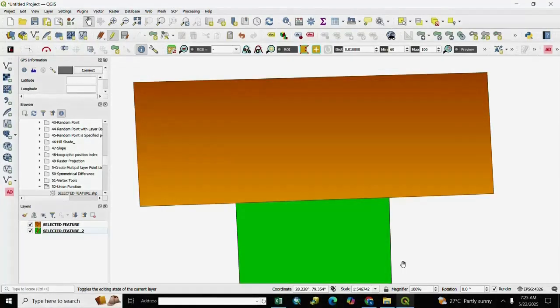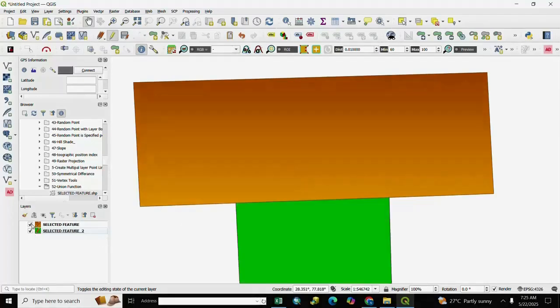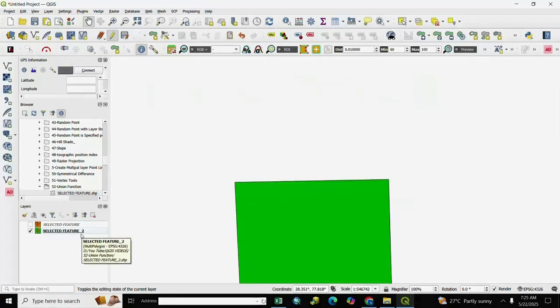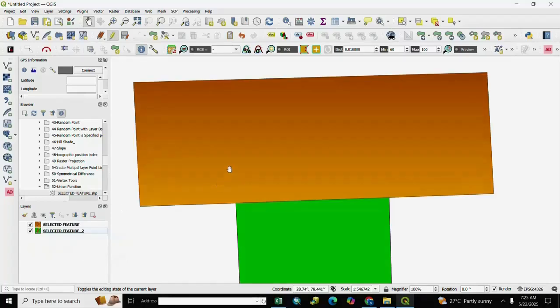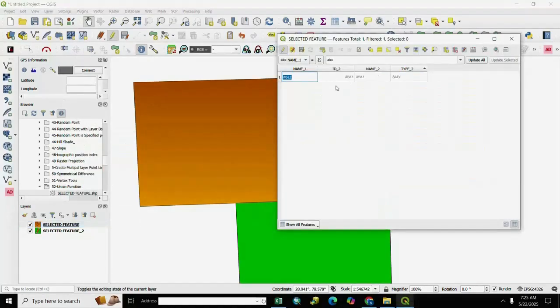So let's start. Here is selected feature 1 and selected feature 2, and we create a union of selected features 1 and 2 both. To create the union, we look at the attributes: right click and go to open attribute table.